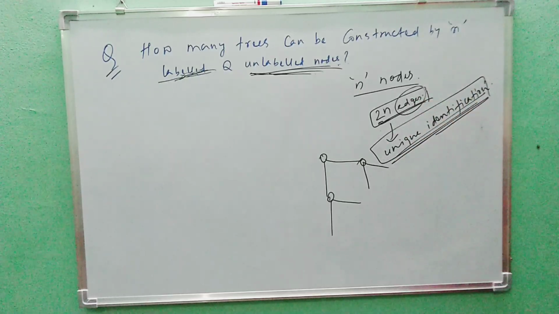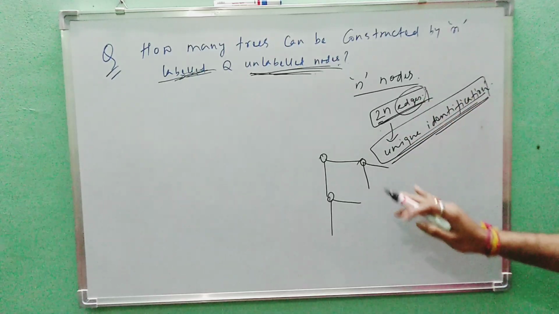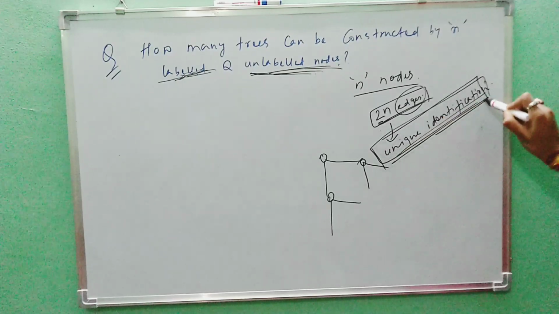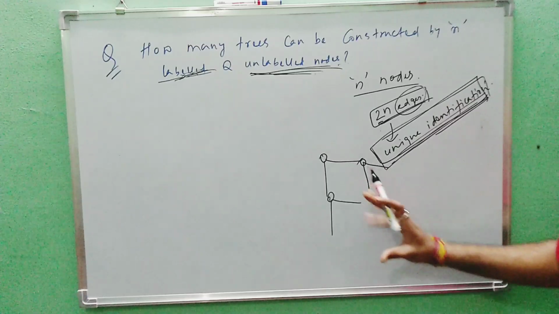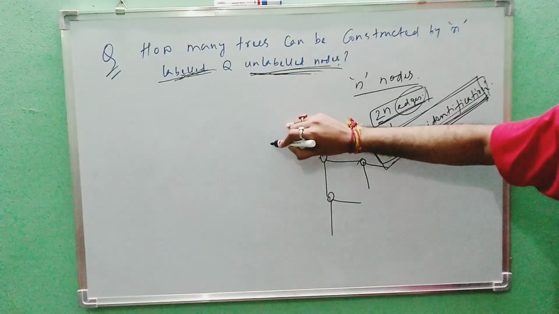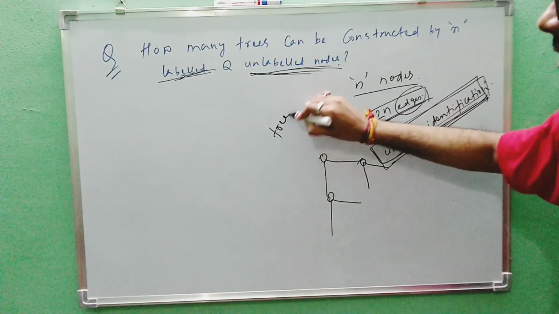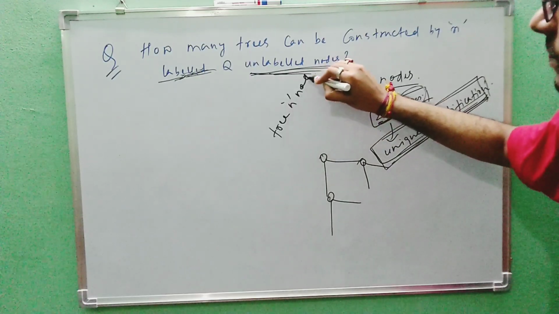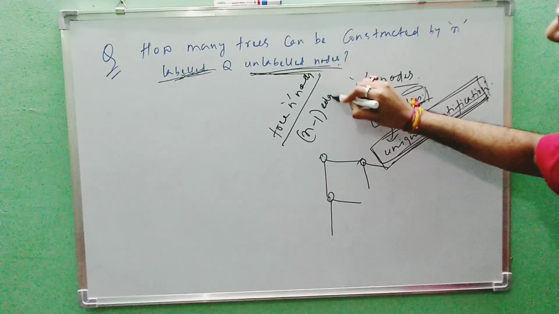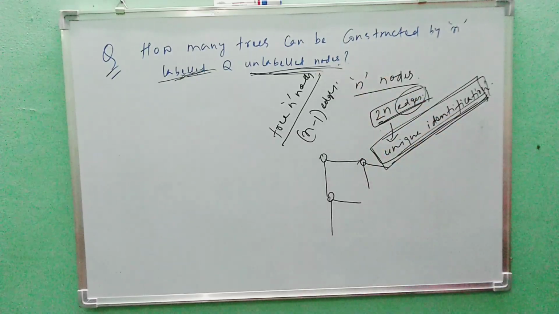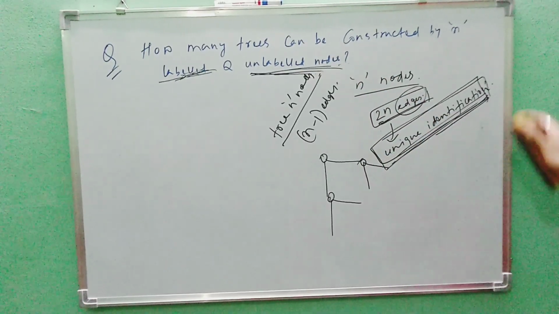Okay, and in general, we are talking about only the possibility. But how many maximum edges are possible in a tree with n nodes? In a tree with n nodes, there are n minus 1 edges possible, isn't it? So now based on this fact, we are trying to derive the whole thing.